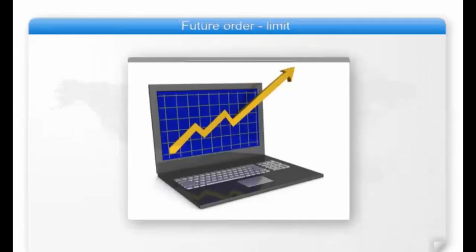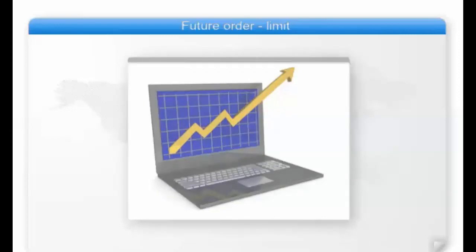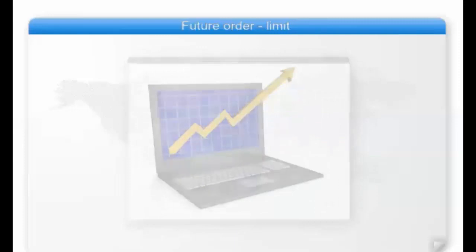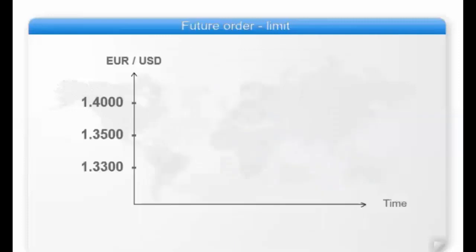Future order, limit. Limit order. A limit order is a trade which allows a transaction to be performed at a better price than the current market price. For example, let's assume that the market price for the currency pair of euros to dollars currently stands at 1.3500. The trader expects the euro to rise up to 1.4000 in the long term, but in the short term, the trader believes that the value of the euro will decrease and is therefore not interested in buying the